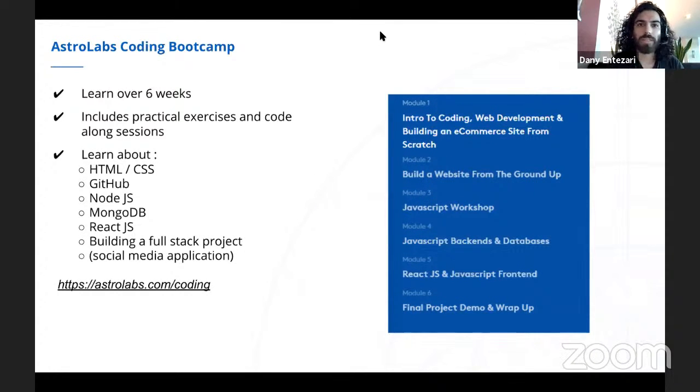So we will teach you the basics. We will teach you the basic programming constructs. Then we will progressively teach you different technologies, how to use those different technologies, and ultimately you will have completed an entire application built on this programming language and related languages like HTML and CSS. So all of the components that you would need to build an application from scratch and put it online, the front end component, the back end component, the database component, are all covered in the coding bootcamp.